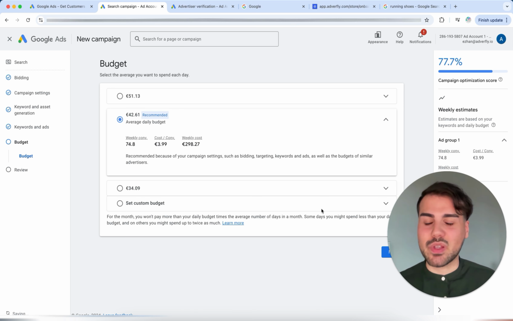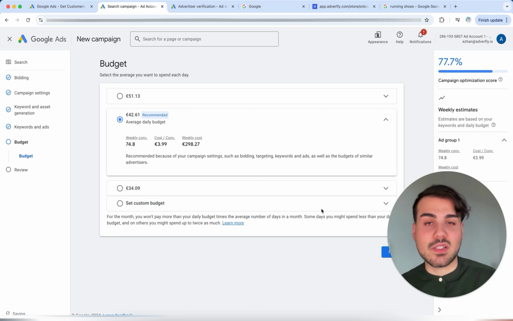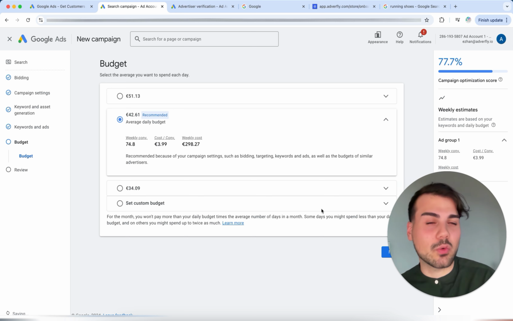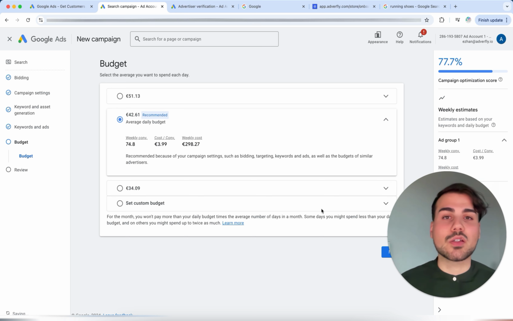The safer, the better. Now regarding the budget, there is no simple rule of thumb when it comes to the budget. It always depends on the company. A company with more budget can of course start with more budget. But it's also important to mention, especially if it's your first Google campaign, that you're working with a budget which doesn't hurt, because you always have to keep in mind that this is also a test, because it is possible that the first campaign will not be successful now, but after 4 or 5 optimizations. That's why there always has to be a budget that you can invest without it being so bad for the company if the first result is, for example, not scalable yet, but only later on.